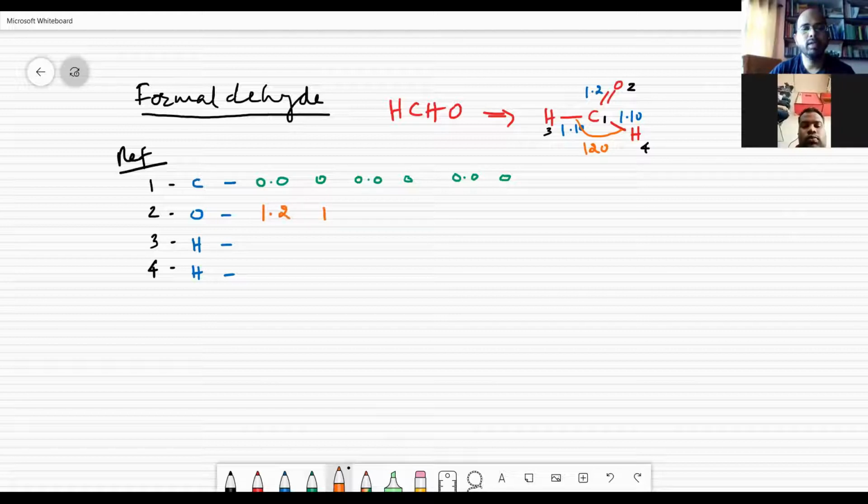Because you have just 2 atoms, you write 0.0 for the bond angle and 0.0 for the dihedral angle, and then you stop this.